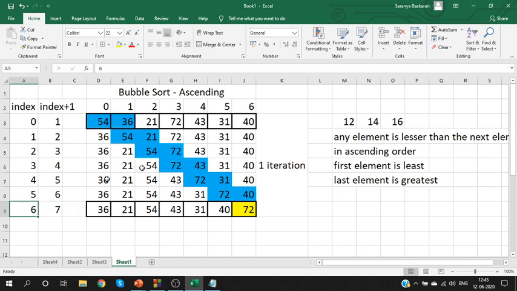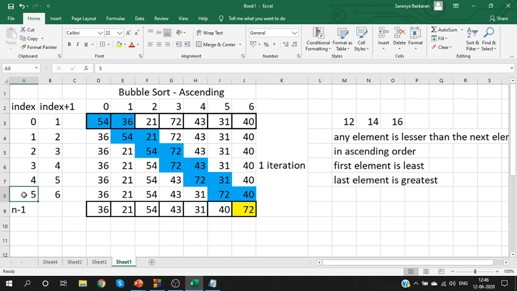If I take the last index, the 6th index, we don't have any element after that. Yes, I don't have a 7th index. So if you take the last index, there is no element to compare it with. So don't take the last index because it does not have a next element, right? If the last index is n minus 1, we should not proceed till n minus 1. Why? Because the last element does not have a next element. So don't compare till the last index, compare till last previous.